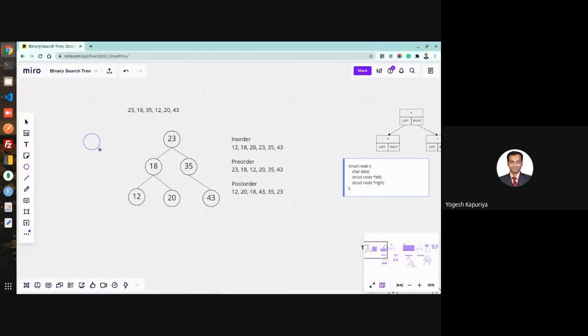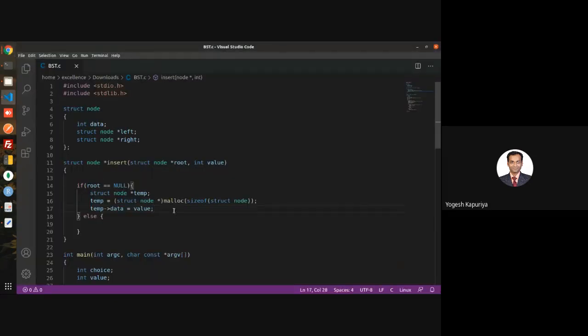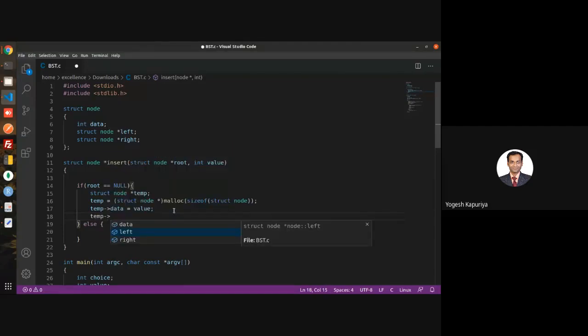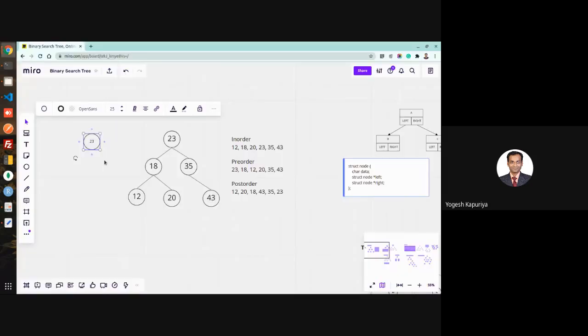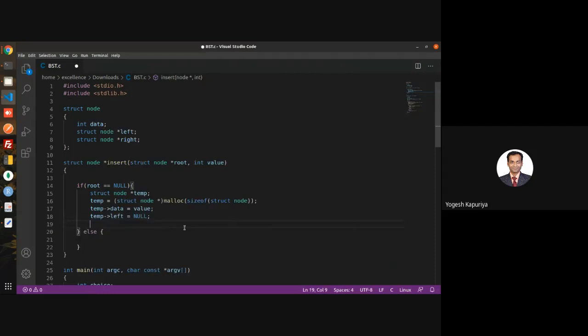This is the temp, which is being initiated, this circle. Now I am saying 20, temp of data is the value. So now my node is becoming something like this. In a similar context, temp of data is value. Temp of left is null. If it's a single node, there is nothing on the left, there is nothing on the right. So temp of left is null and temp of right is also null.